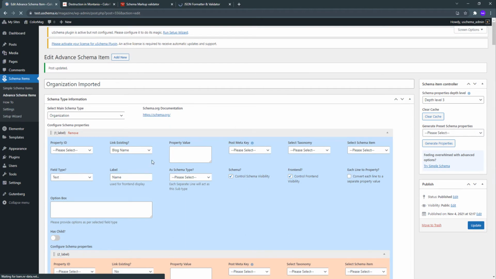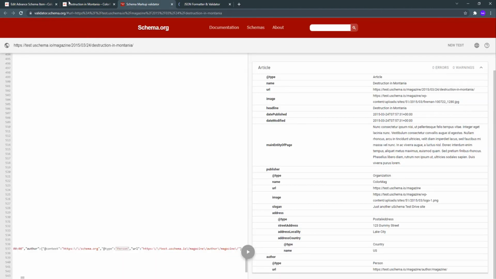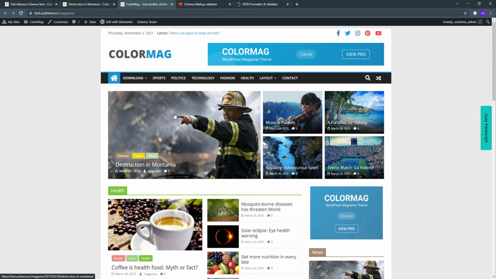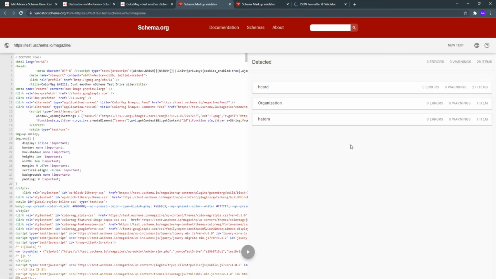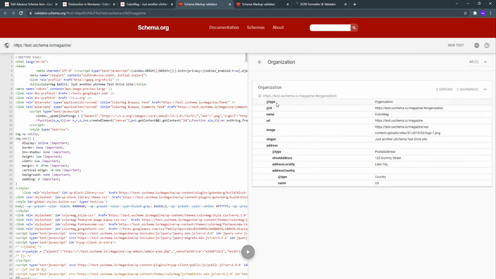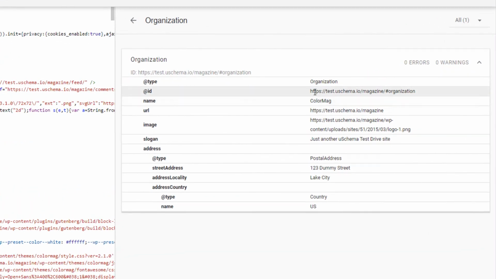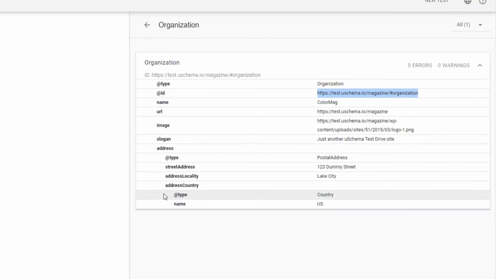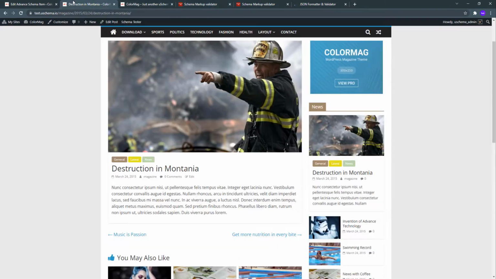Okay, here it is, and if I go to the main website and check the organization schema, I'm just verifying that I have the ID in my schema. Inside organization we have an ID, the identification ID of this schema property, and we are going to use this ID to grab all of this information in our article schema as a publisher.